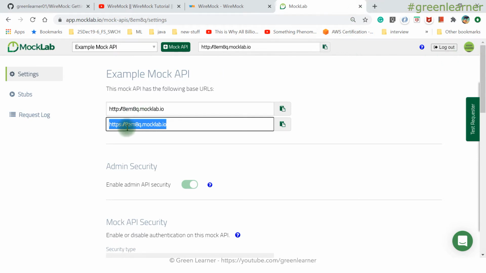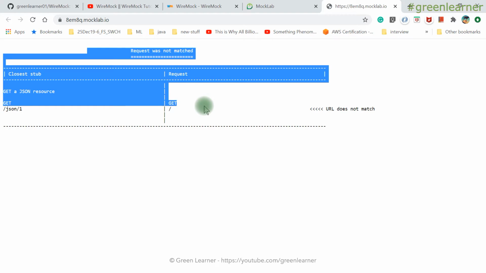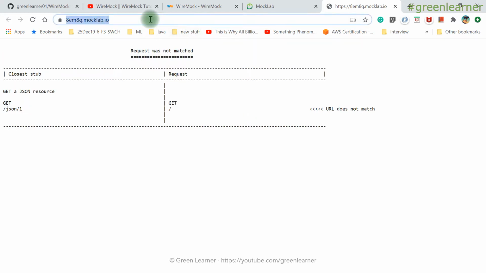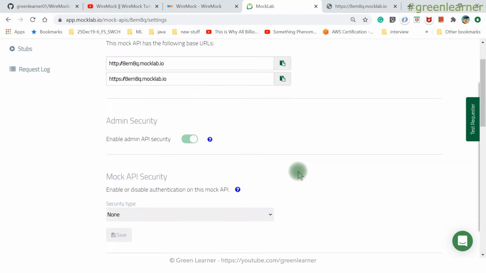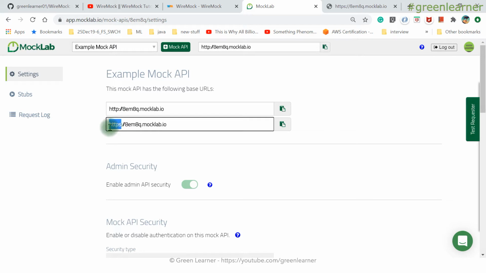If I go ahead and hit this one, I'll get all the mappings that we have here. Here I'm getting an error that there is no request matching this one, right? Because I'm not hitting an individual one. I have to add the mapping. This is going to work like the standalone server that we had, right? Now just start doing some stubbing. This is the settings part that you can explore here. You are getting HTTP as well as HTTPS free of cost, right?